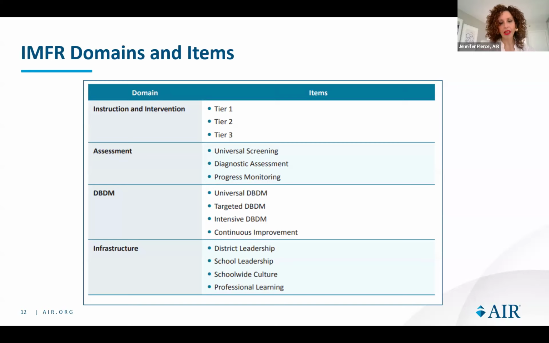And as a reminder, these items and domains are measured, and I'll show you the scales in the next slide, in academics and social emotional behavior supports, specifically in reading and math on the academic side. And on the social emotional behavioral side, we do not break it down, but we call it social emotional behavioral supports, or SEB for short, because that's a mouthful. So we do measure those 2 overarching areas in our tool.